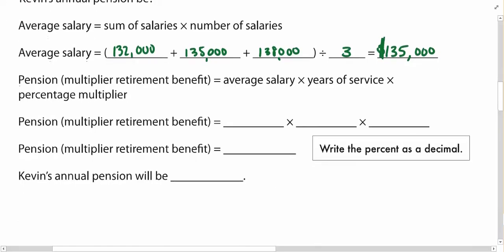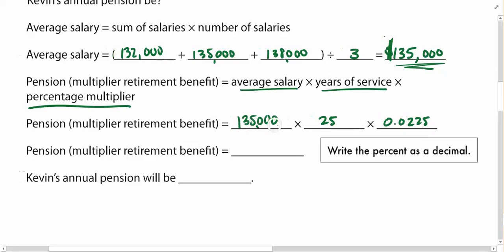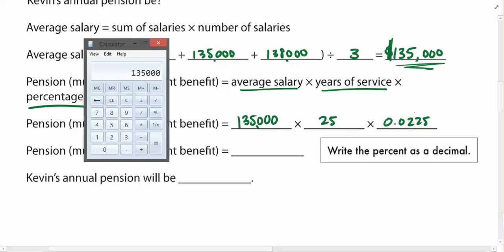Since the pension is determined from this average salary, $135,000, average salary times the number of years of service, he had 25 years of service, times our percentage multiplier. Note we have to write the percent as a decimal. It's the product or the result of these multiplications that tell us how much money that Kevin will receive in his retirement. So 135,000 times the 25 years of service times the multiplier of 0.0225